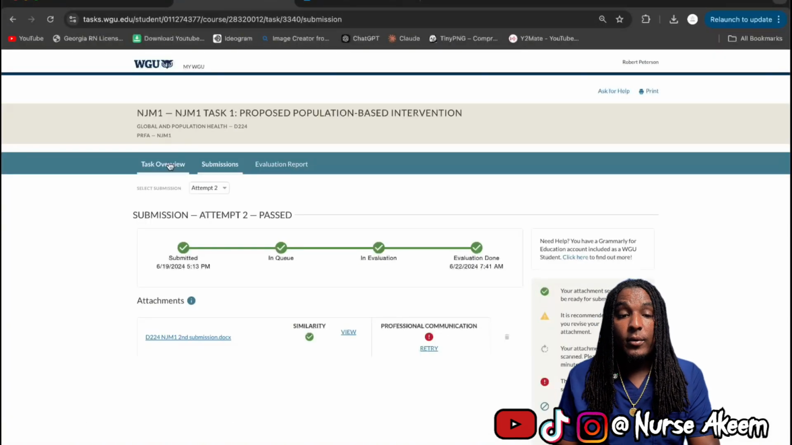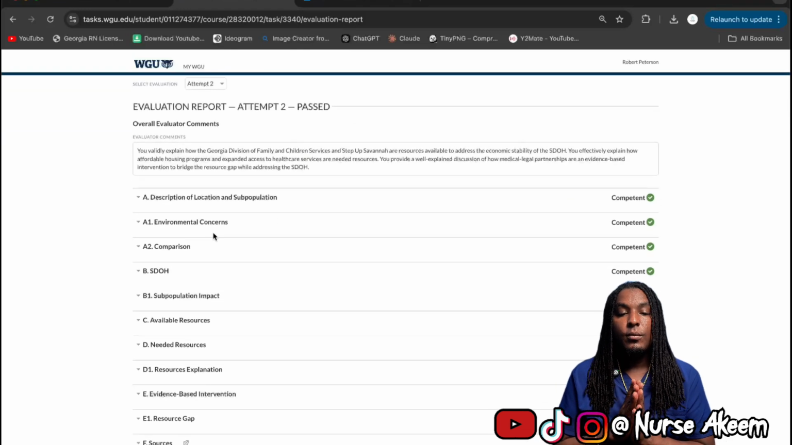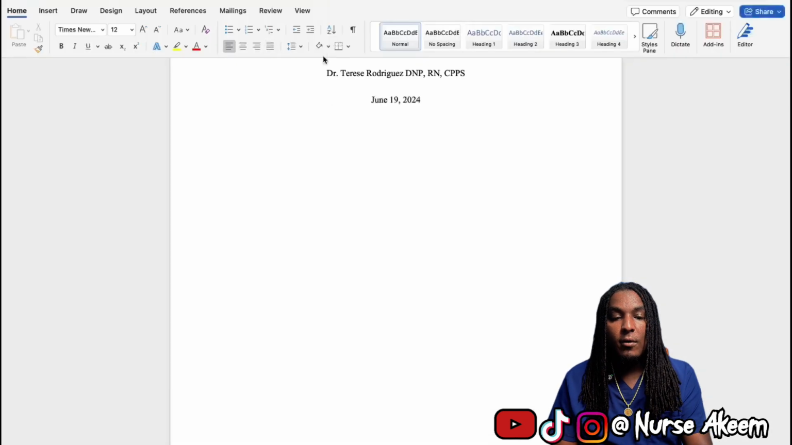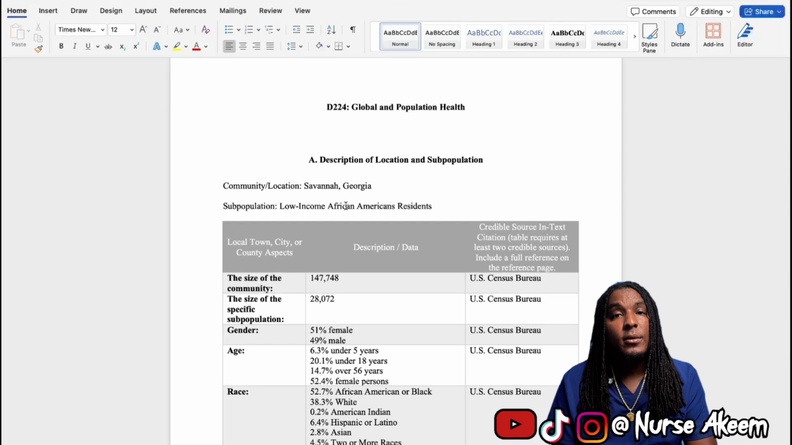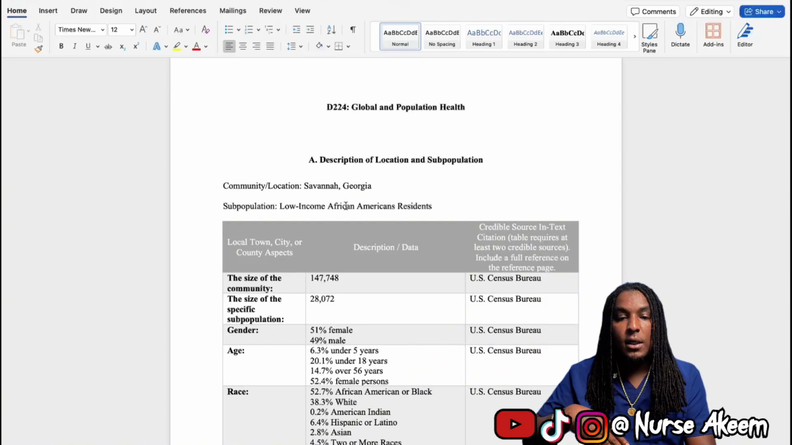When you're writing papers, you're gonna look at your evaluation report. All of these papers, if you follow each one of these steps, you will pass. Okay, so you see it say A right there? Now if you come back over here to my paper, I have it start up A. You take A, and if y'all follow me so far along in this video, I'm gonna have a link to everything you need to pass this class